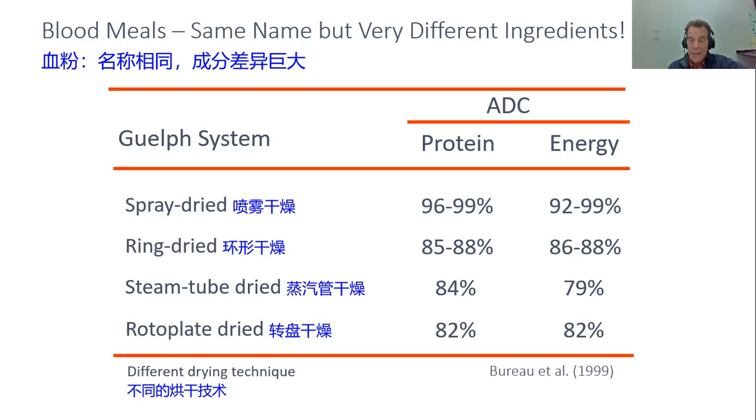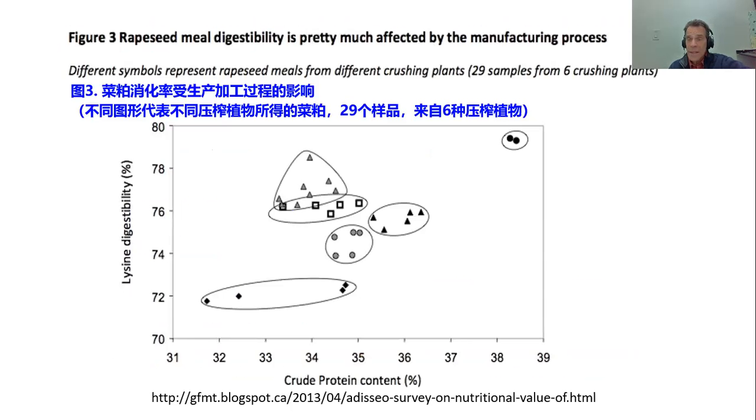Then other kinds of drying technique like steam tube and rotoplate dryers are more highly variable, and you'll find in the upper 80s or around 80% digestibility of both protein and energy. It really depends on how this equipment is operated. I met an engineer at a rendering plant, and they're telling me they have rotoplate dryers and they can use them a certain way where they can end up with a very highly digestible product. So it's very much in the operation of this equipment, not the name of the equipment themselves. The same thing can be seen